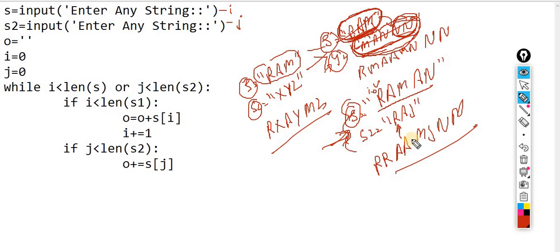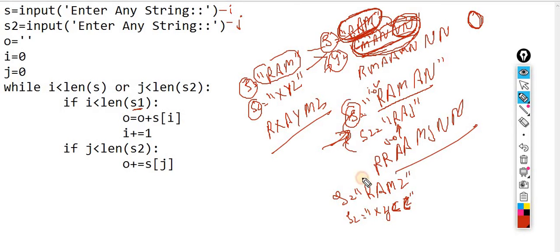This one is, let's suppose, i at 0, and this one is j at 0, and this one is my final variable. First it is mandatory that you pick the first string, which is why I took the length of s1. Let's suppose my string s is RAMZ, and inside s2 is XYCC, or whatever characters are there.